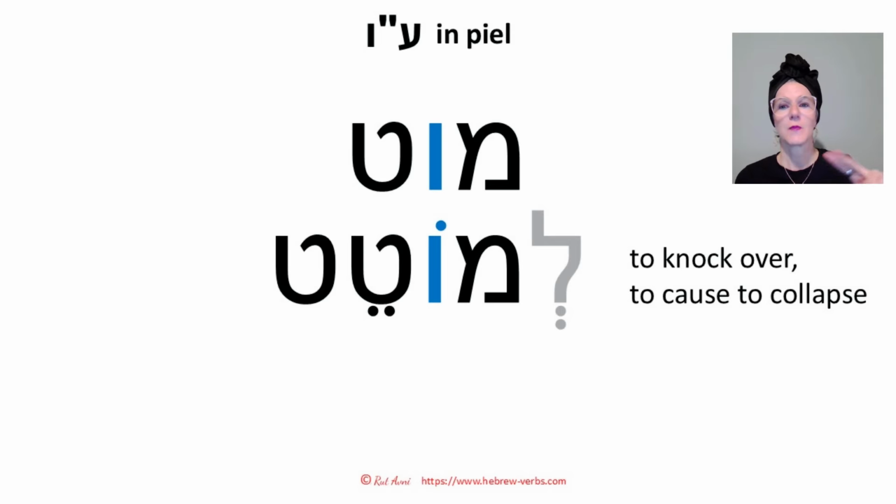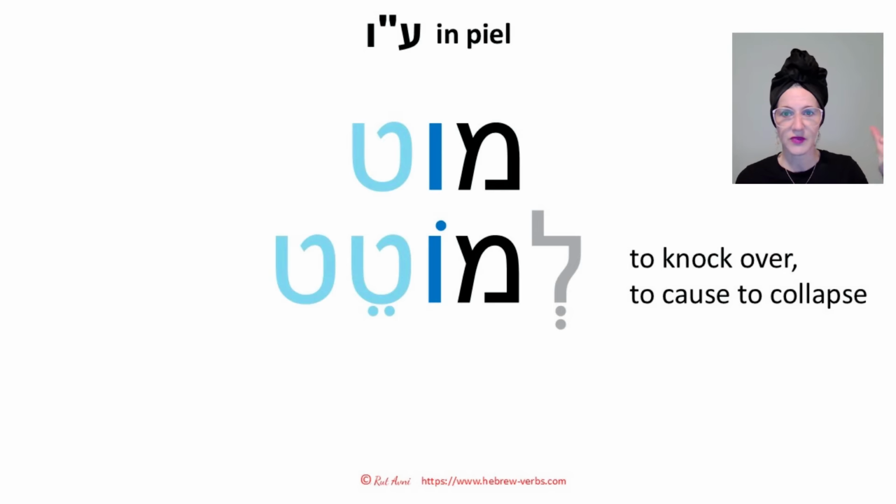So, lemotet means to knock over, to cause to collapse. And here you have it. The tet from the root gets doubled in Piel. So this is what you actually do with Piel and the Ayin-Vav